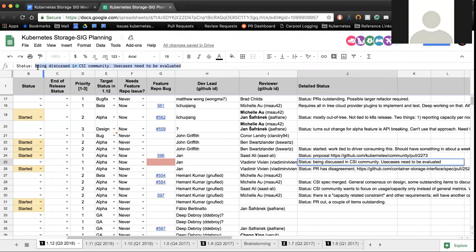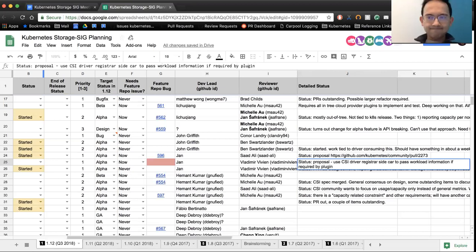Yeah, we already have sidecar containers running on every node, with the CSI driver registrar that registers the CSI driver into Kubelet. Currently it passes just the path to the Unix domain socket to the driver, and it would also pass some sort of configuration on how to deal with the CSI driver, including a flag that for this particular driver we should also pass the pod name, pod namespace, and service account to the driver.